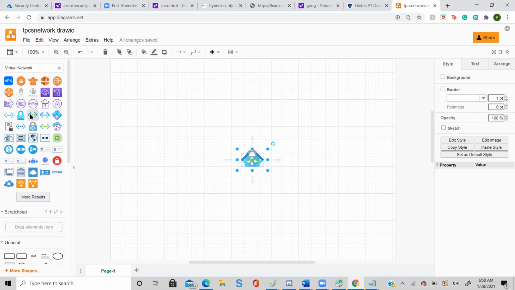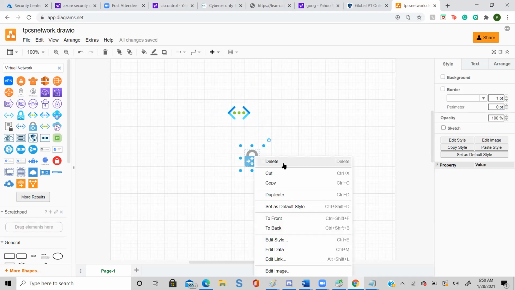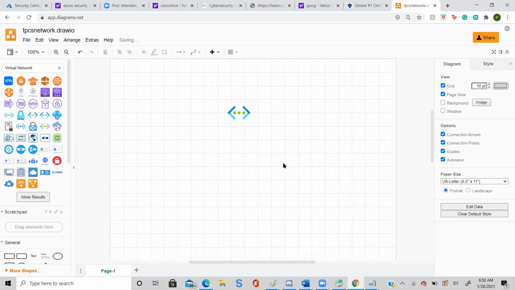And just take it on the top. Now just delete that lock which you have. All right, and then give me a request.